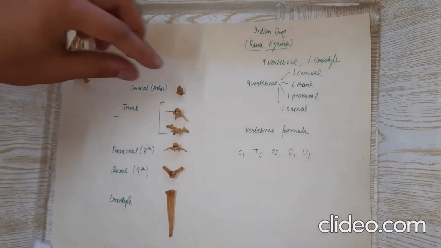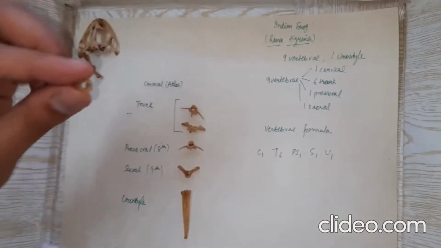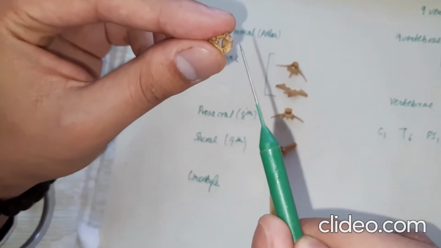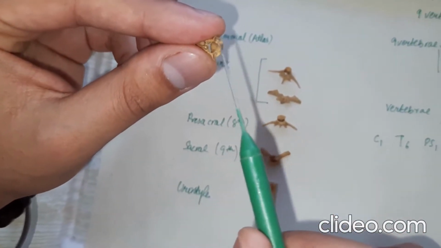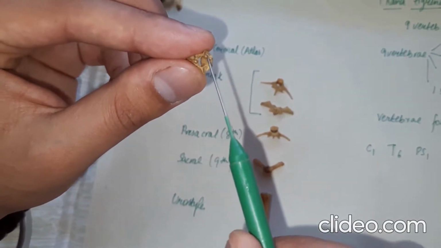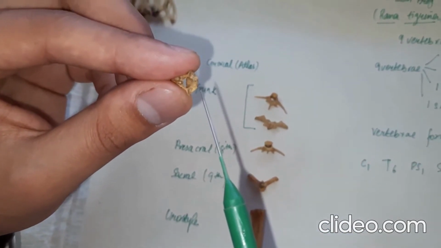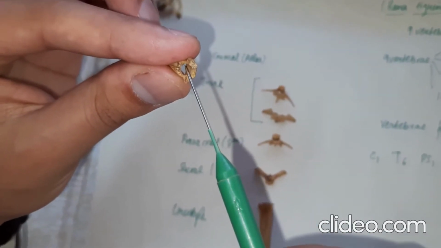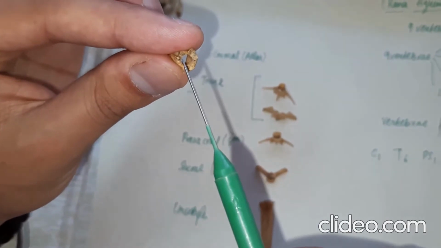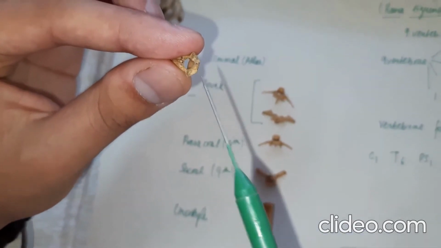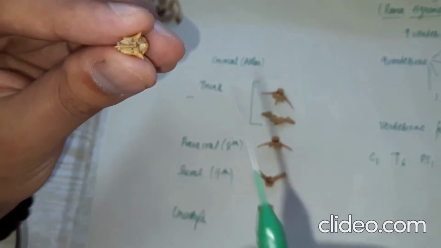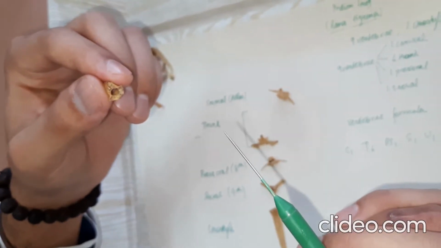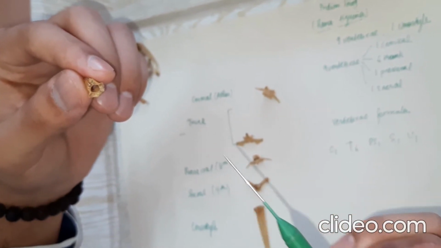First vertebra, that is atlas. Here it has a reduced centrum, which has two concave facets for the articulation of two occipital condyles of the skull. And you can see here, this is the neural canal, and this one is the neural arch, and here the small neural spine. Basically, it lacks prezygapophysis and transverse processes.